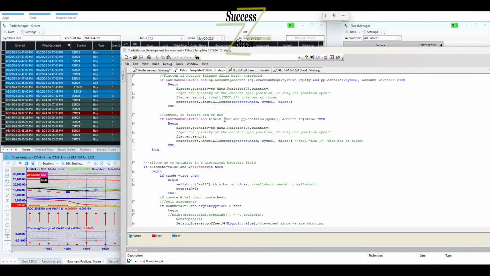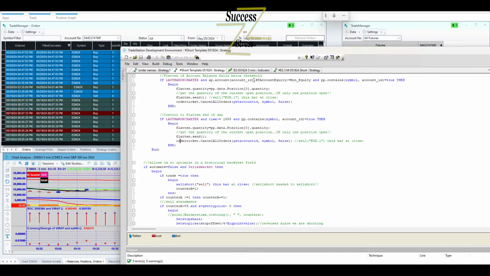Based on this, position provider contains the symbol account ID equals true. And I checked this morning, so that information should have worked just fine. We did not get an error. Like I think last week we got an error saying that the quantity amount wasn't right, but this didn't even send. I don't know why this order did not even send.